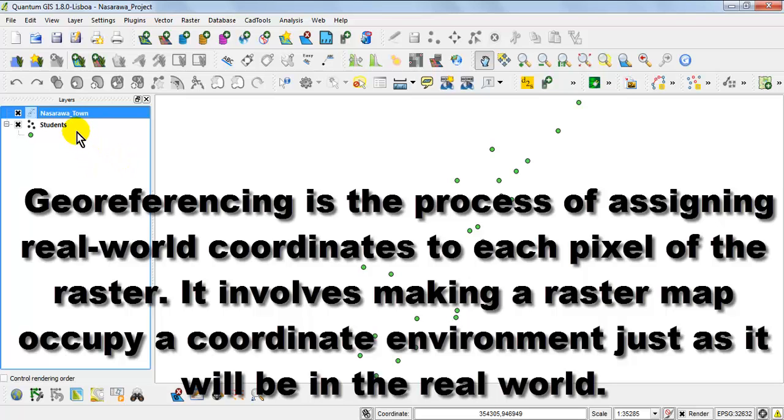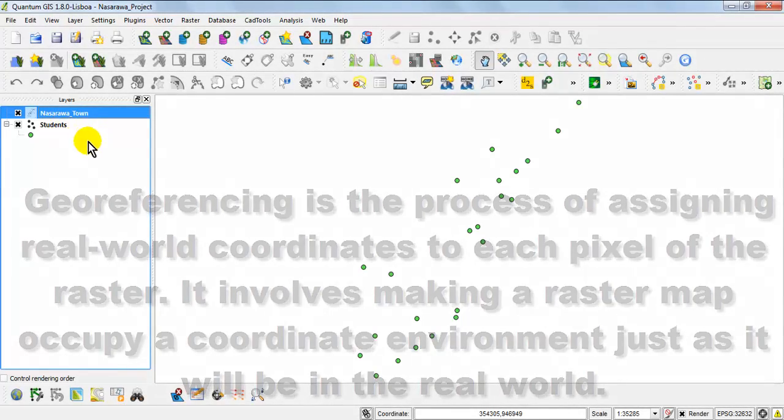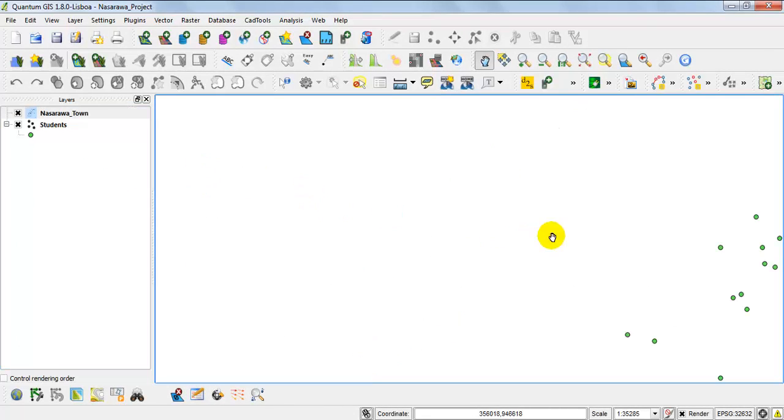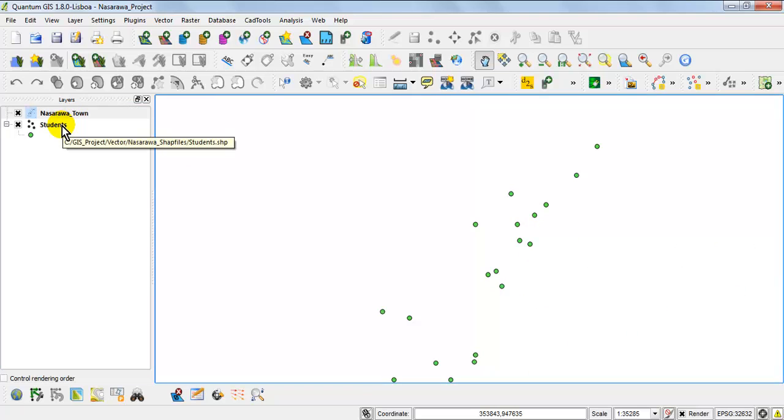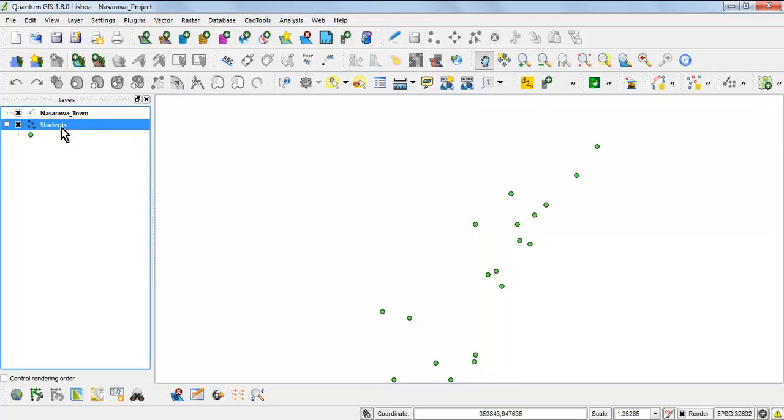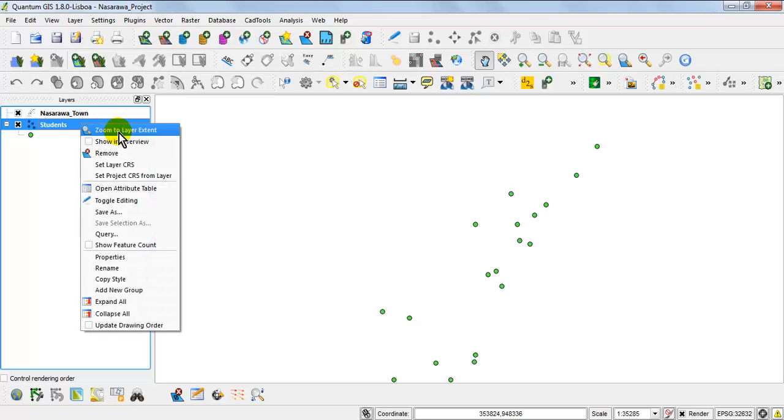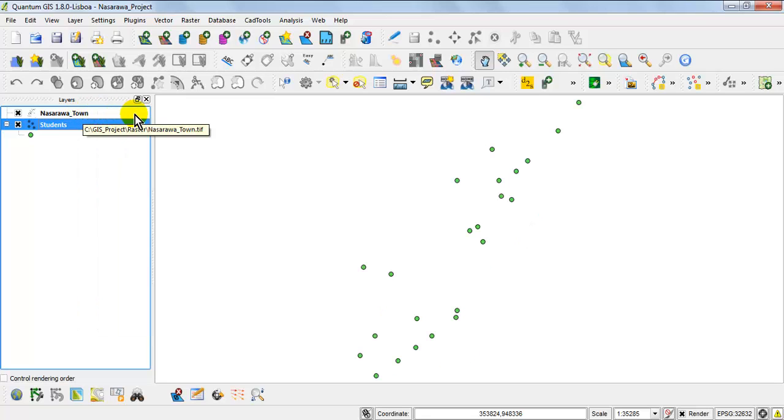Let me use what we have done in the previous video to explain the concept of georeferencing. Here we have students' data, student shapefile, representing the same coordinate environment with this image file. So this student file and this image file are actually in the same coordinate environment.